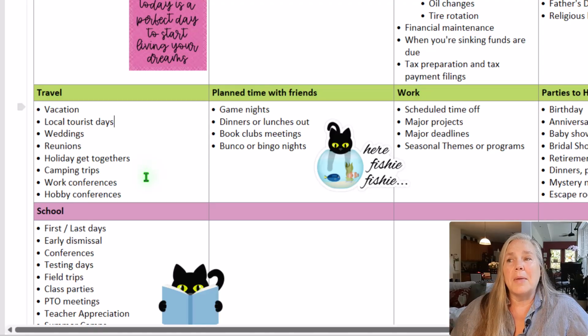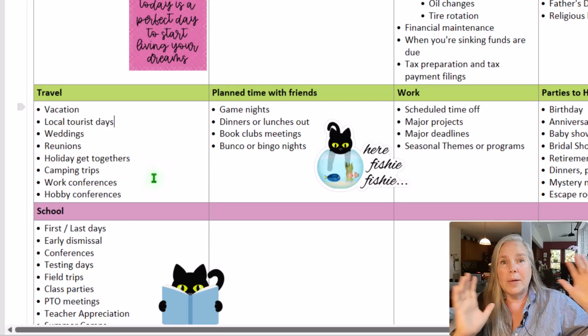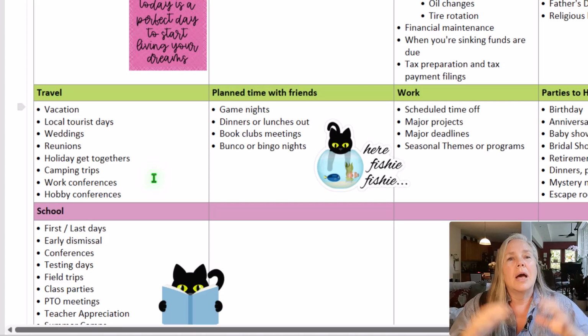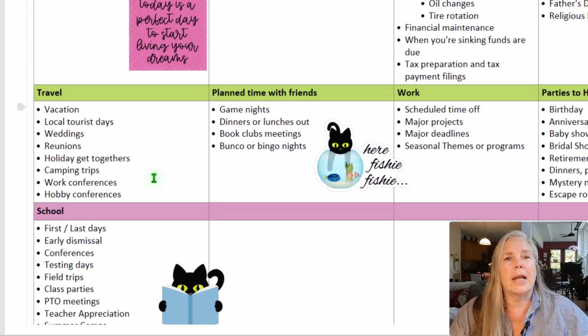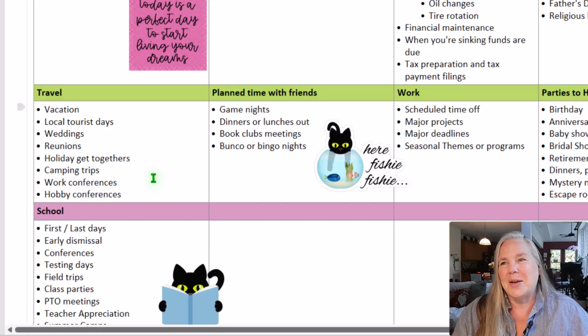All right, maybe you might want to schedule some camping trips. Maybe you go every October to a certain spot to see the leaves or whatever it is, and you want to go ahead and schedule that. Blocking it off, it can always be moved if you need to, but blocking it off so that you don't forget and you make time for yourself and to be with those that you care about. That's the important thing, okay?